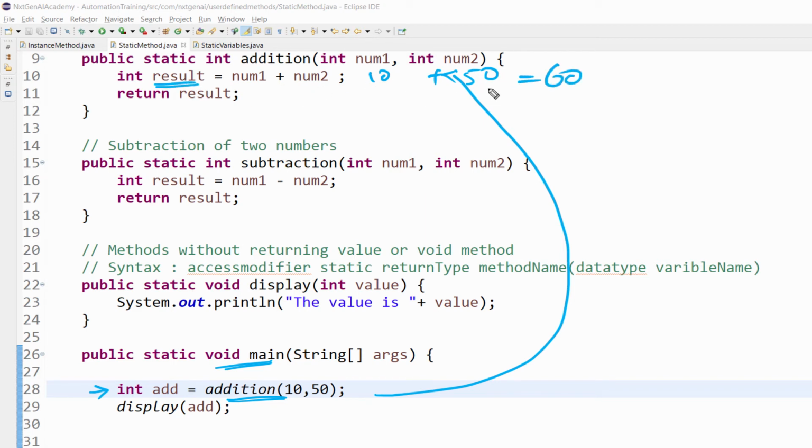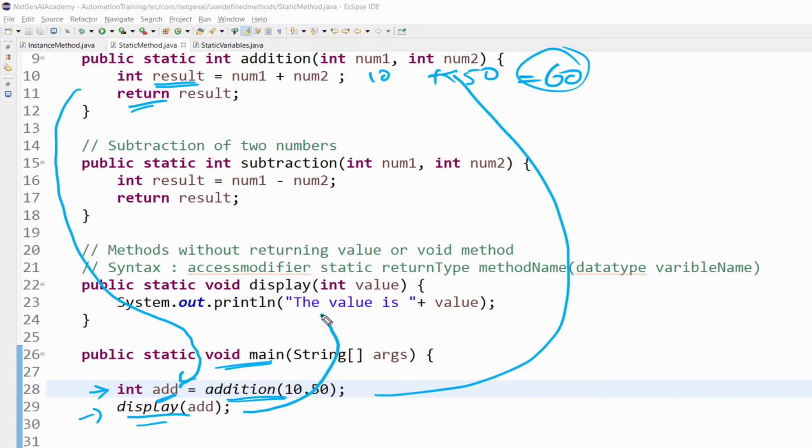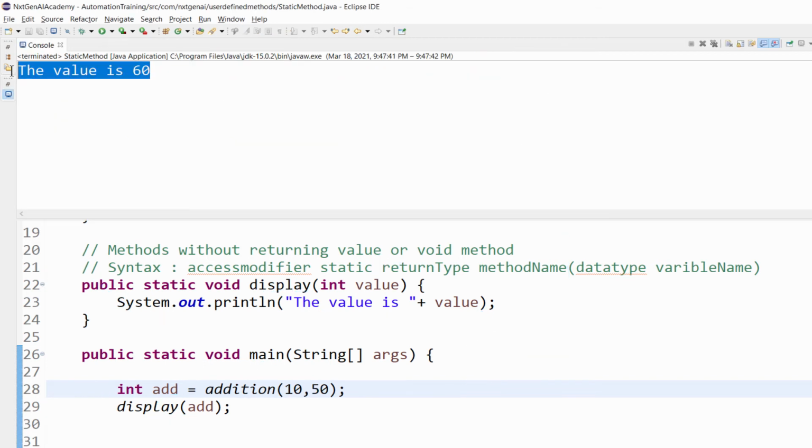The result will contain the value 60 and it will return it. It will come again here and save it to the add variable. After that, this line will come. The add will have 60. Now this will call the display method, and it will go to the display method. In the display method, the value 60 will be replaced. So the output will be the value is 60. You can see here in the output, the value is 60.